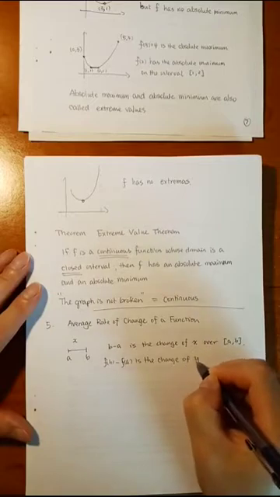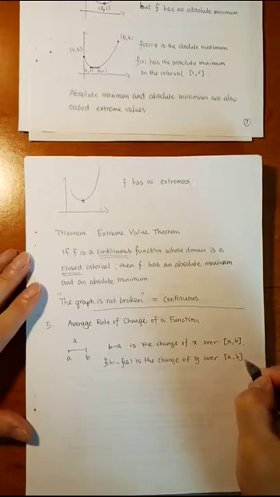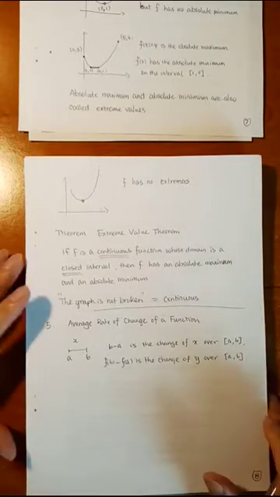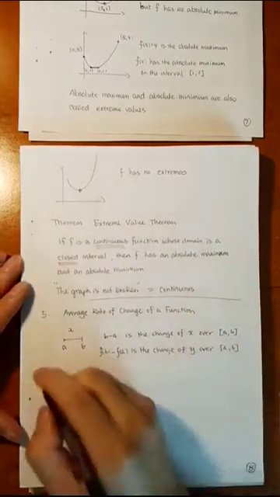The change of y over [a, b]. Well, rate of change. When you see the rate, you have the quotient, okay? So